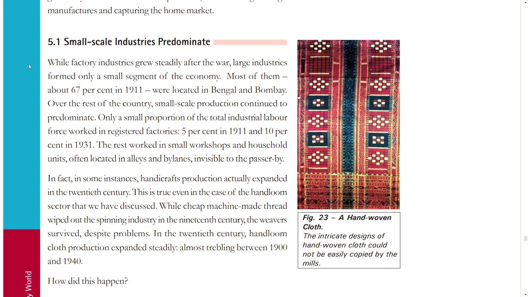While factory industries grew steadily after the war, large industries formed only a small segment of the economy. Most of them, about 67% in 1911, were located in Bengal and Bombay. Over the rest of the colony, small-scale production